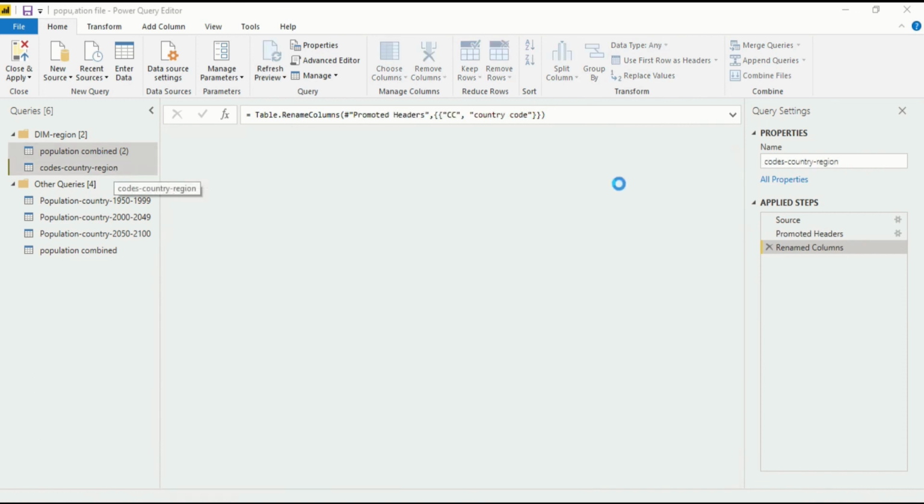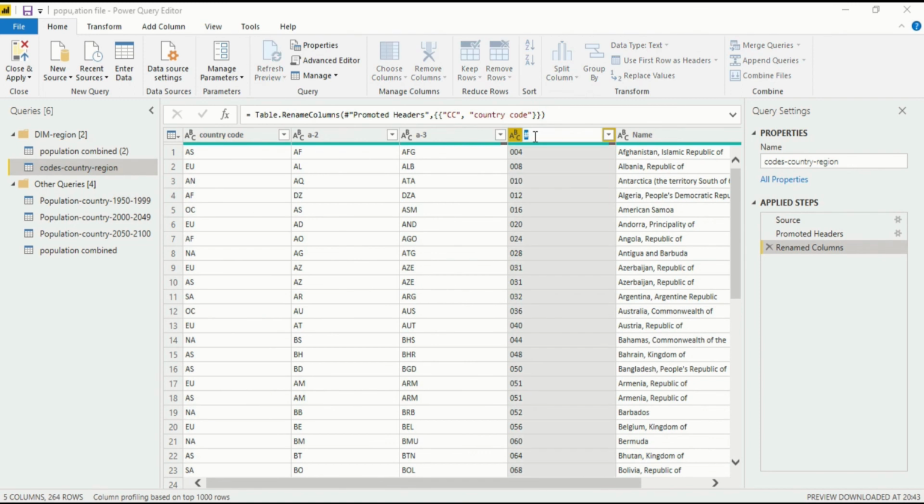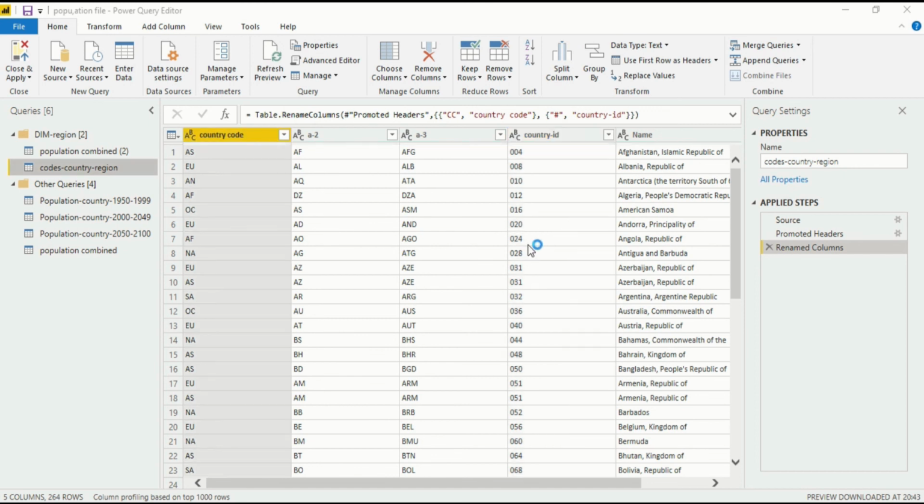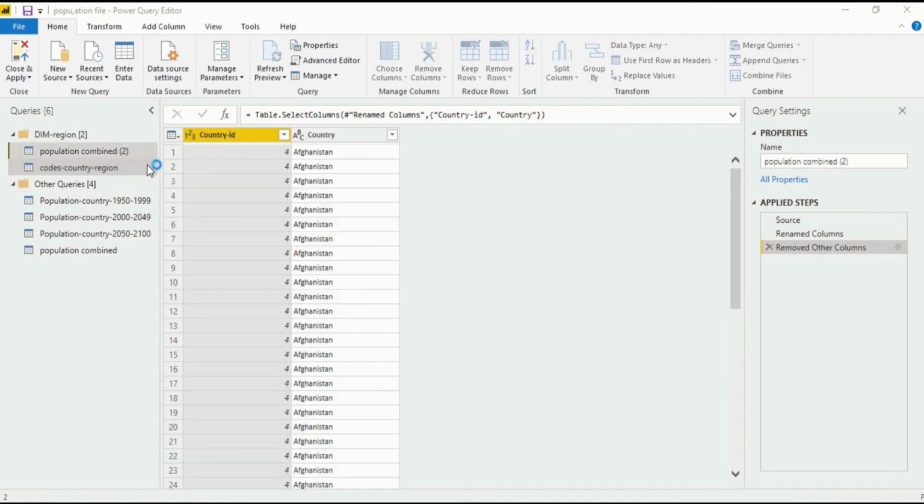So I have to change this hash into country ID. So I have changed this name into country ID. Now the question must arise in your mind why I gave this name country ID, which is the same as the name I gave in the population combined region. It is given because both are country ID.